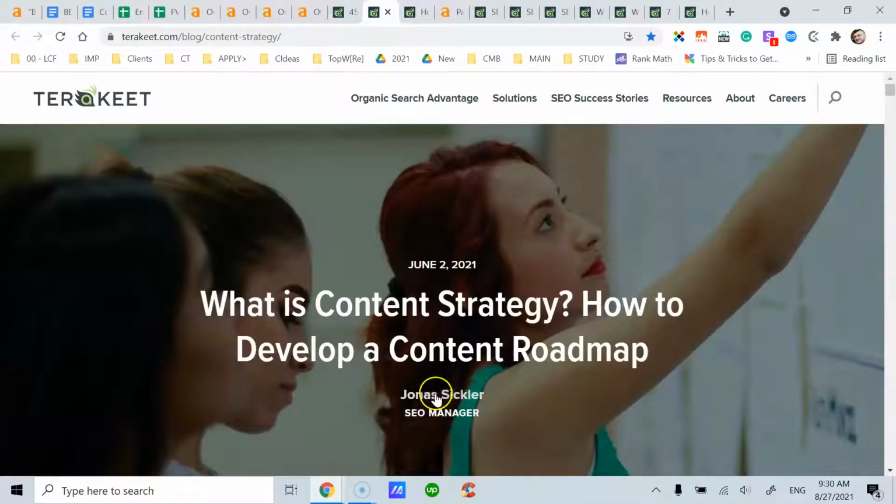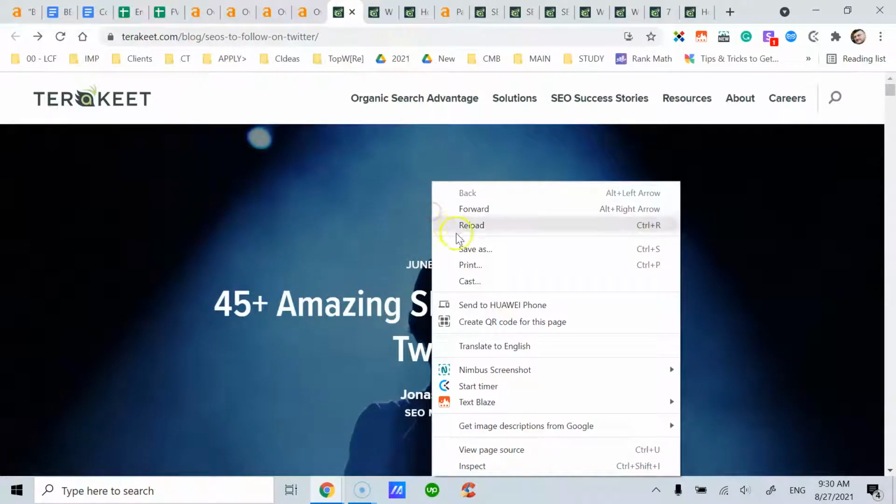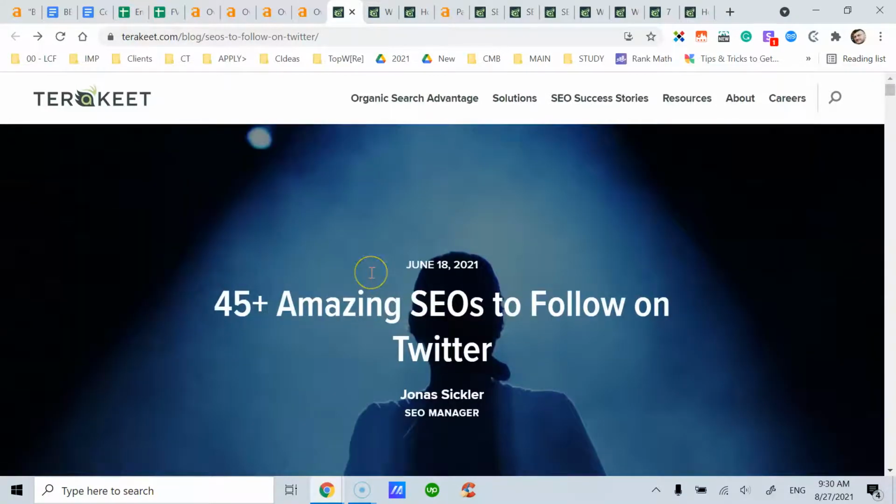They include the person who wrote the post, but their images are not that relevant. So this is what I would change. And also, it looks like their image is built into their template somehow,